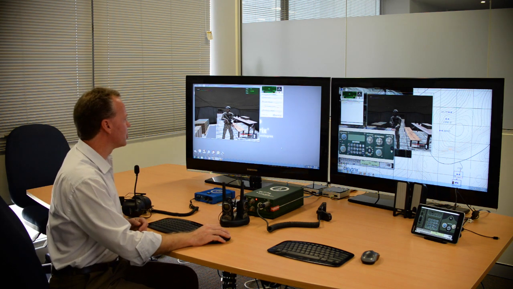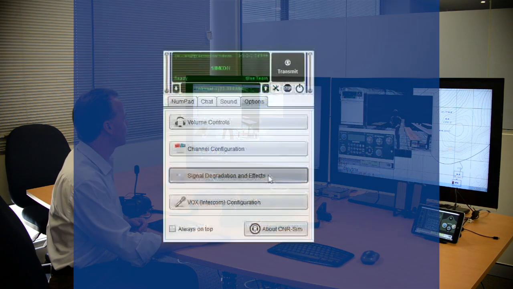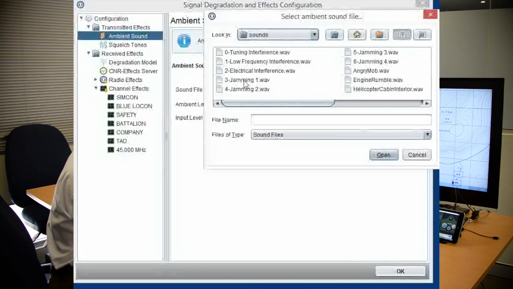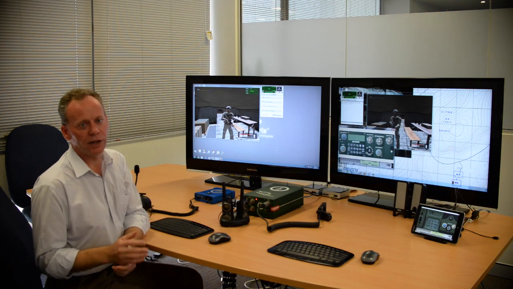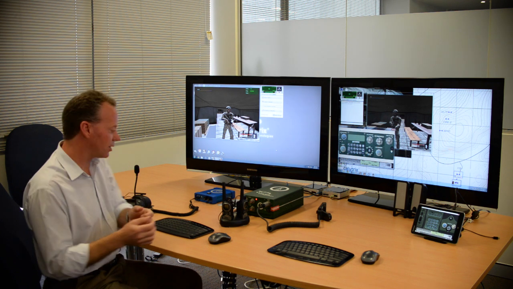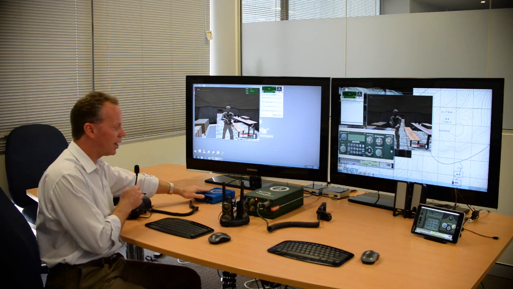One of the other applications is to simulate electronic warfare, electronic attack. So all I've now done is loaded up an electronic warfare, electronic attack jamming signal. Now normally this would be broadcast all the time, but imagine your administrator turned it on, and now radio sounds